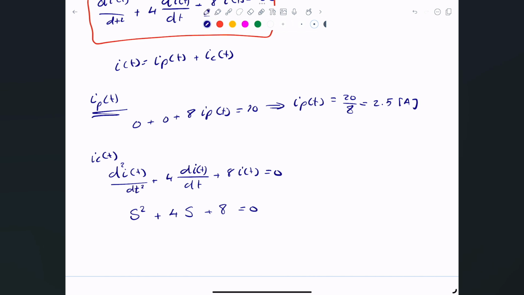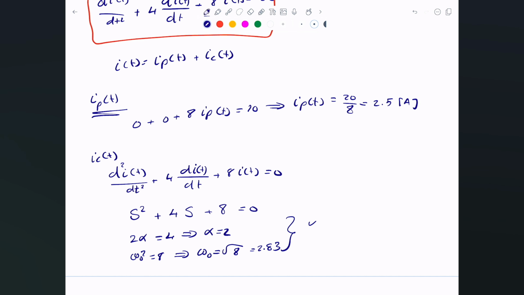We can just basically say, well, 2 alpha is just simply 4. That means alpha is 2. Well, omega 0 squared is 8. That means omega 0 is just simply the square root of 8. And the square root of 8 is, I believe, 2.83, which means that alpha is less than omega 0. That means what we have is an underdamped